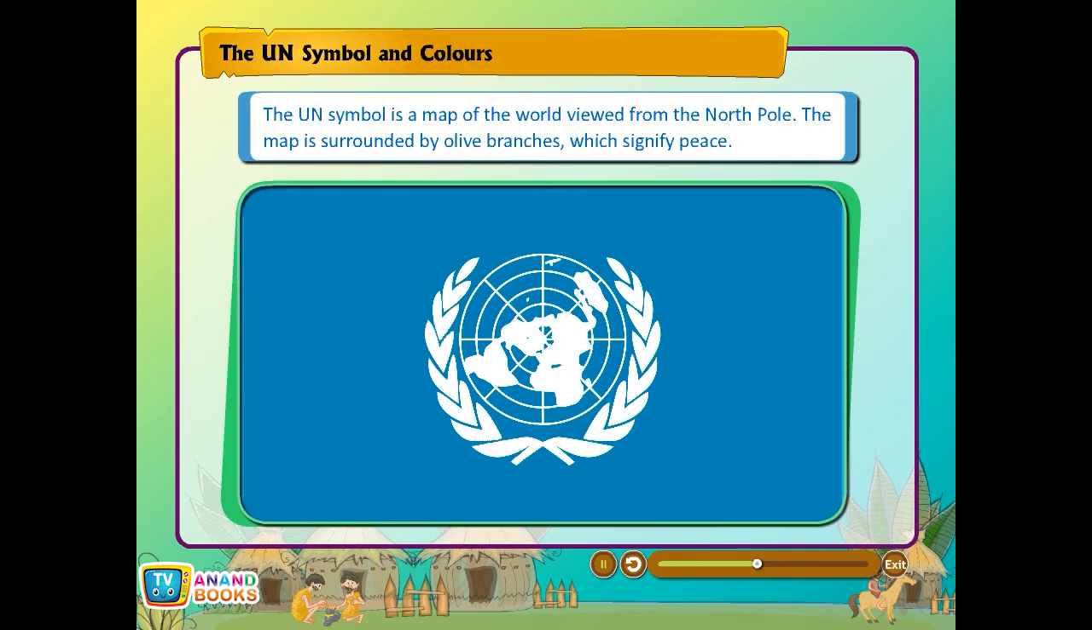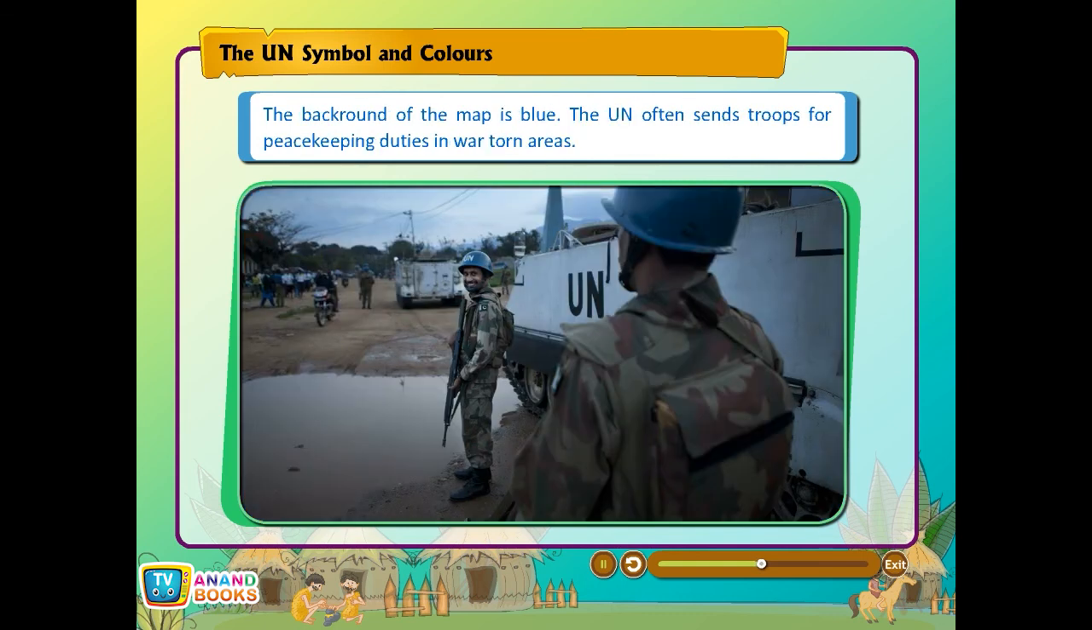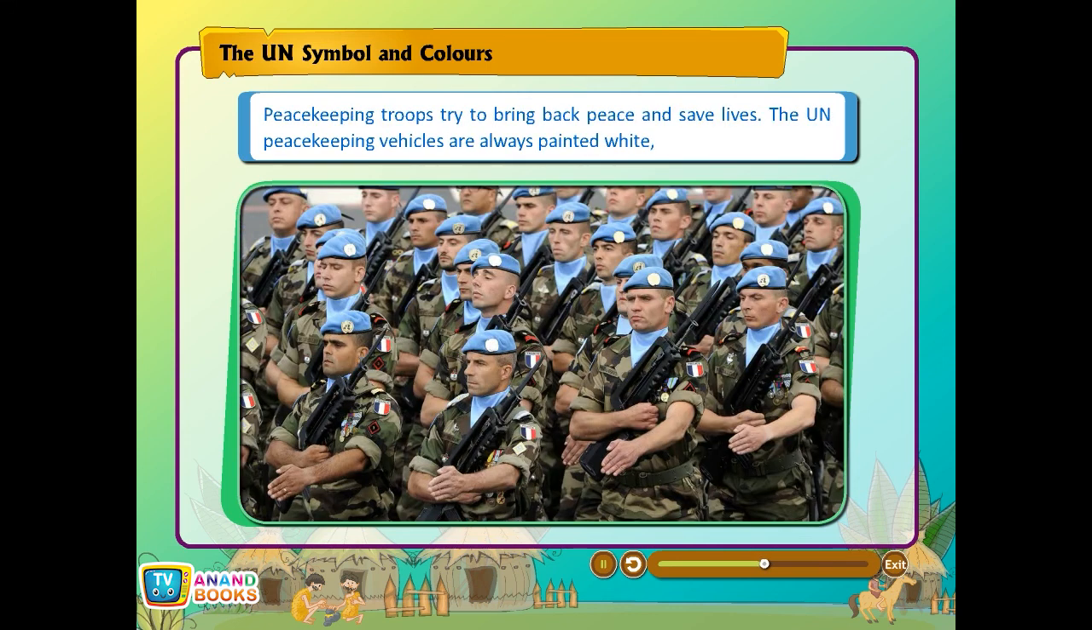The UN symbol and colors. The UN symbol is a map of the world viewed from the North Pole. The map is surrounded by olive branches which signify peace. The background of the map is blue. The UN often sends troops for peacekeeping duties in war-torn areas. Peacekeeping troops try to bring back peace and save lives. The UN peacekeeping vehicles are always painted white, and peacekeeping